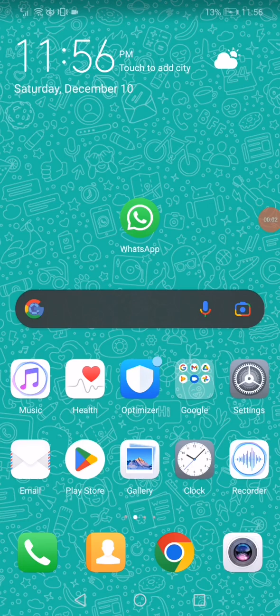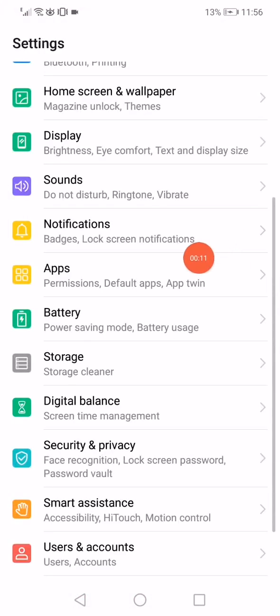How to fix WhatsApp not opening. Hello guys, in today's video I'm going to show you how to fix WhatsApp not opening problem in less than 1 minute. So all you have to do is open the settings on your phone, go to the apps